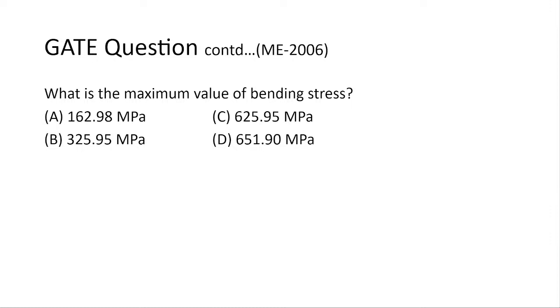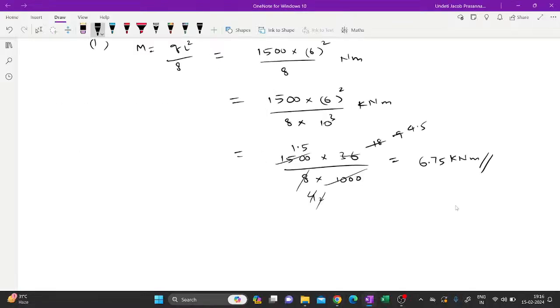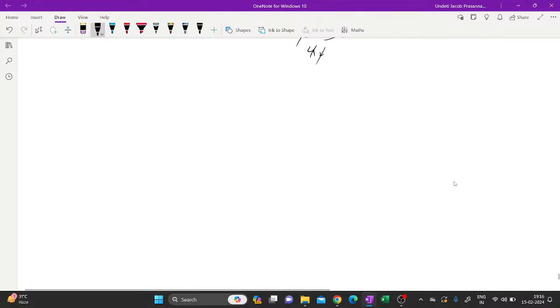So okay guys, I hope you tried this. Let me give the answer. We are going to apply the formula which we studied in this question. The formula is the bending stress formula, that is, we know sigma by y is equal to M by